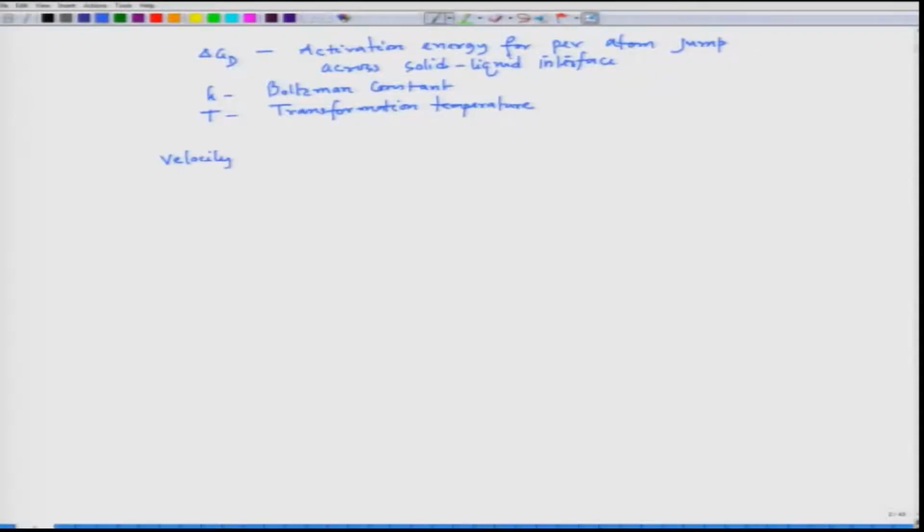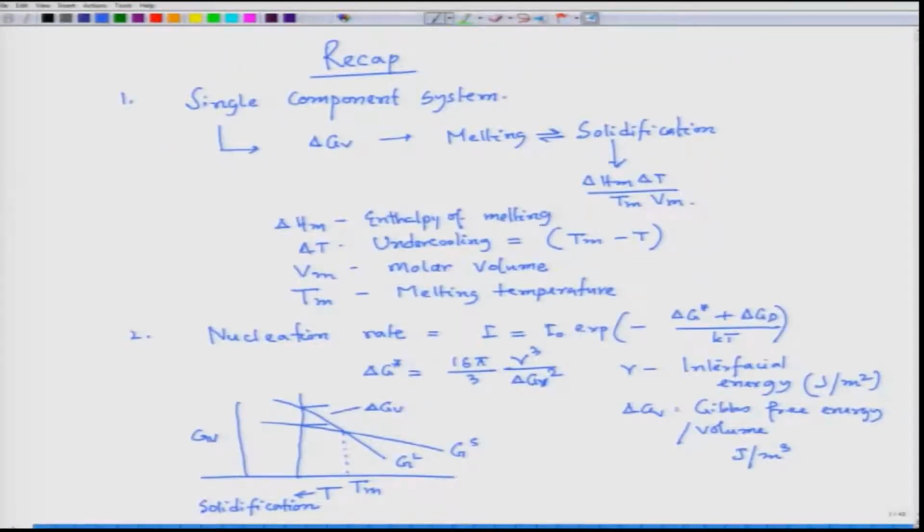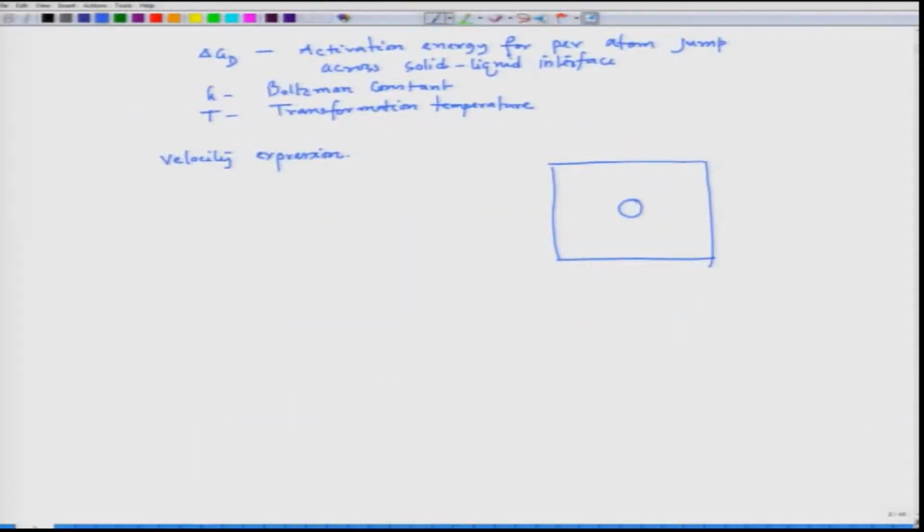There is another important aspect, which is the velocity expression. So, the rate at which this interface is growing into the parent phase, that means the product phase, if we have a solid nucleus which is spherical, and remember this particular expression is valid for spherical nuclei. So, if the sphere is growing in all directions, then it is basically 3D growth,